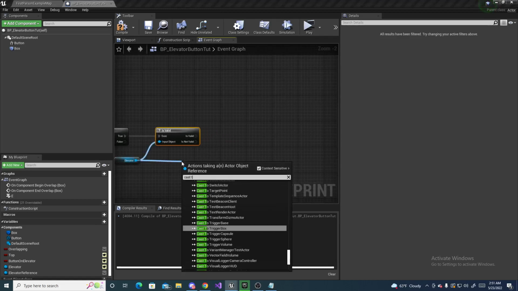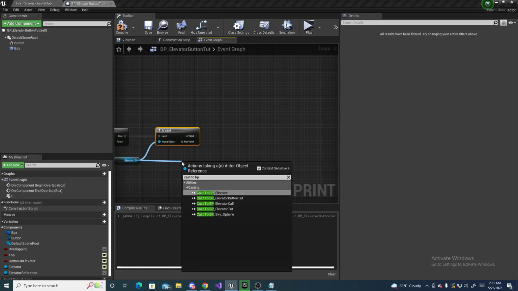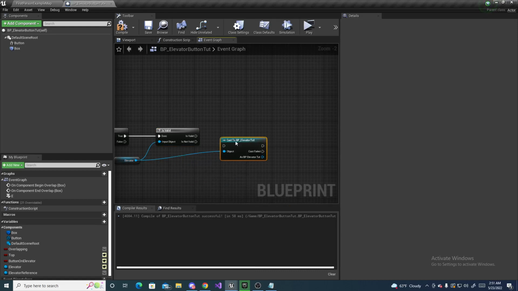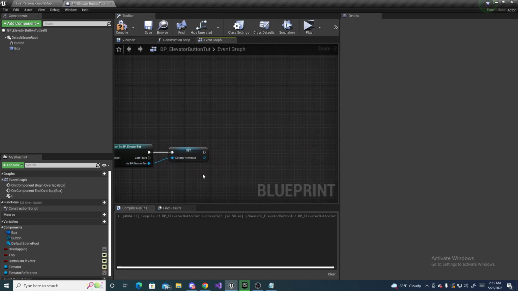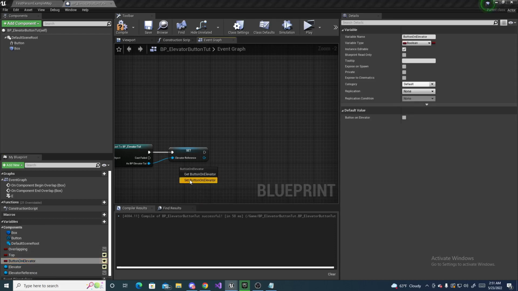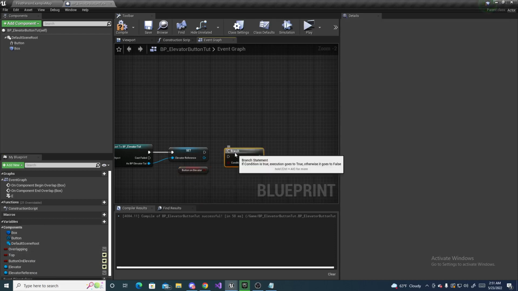And then off of elevator do cast to BP elevator right here. You won't have multiple of them, I just have extras. And connect that up. And then off of this, drag and drop your elevator reference right here on this pin. And then off of this, drag button on elevator out and do get, add a branch,